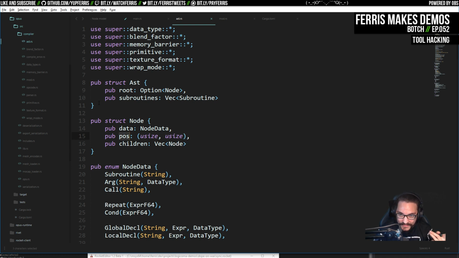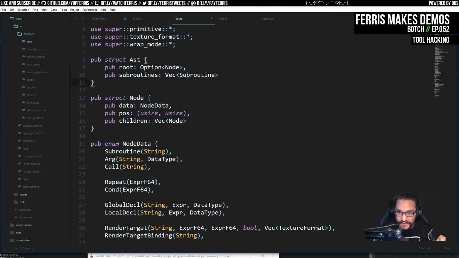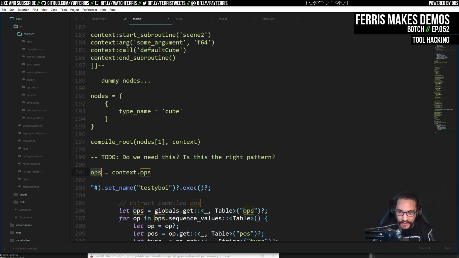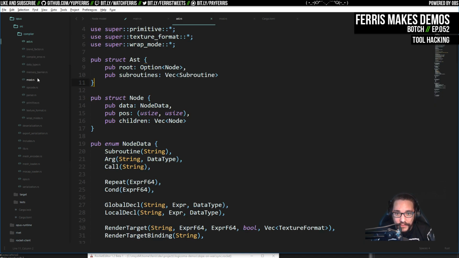So that's why I want to target this AST rather than the actual operators themselves, because if we generate some bad code here, it's not going to be that helpful that we get the error as a position that's way far off screen that we can't inspect anyway. But again, for the first MVP, it just kind of makes sense to do the simplest thing, which is to just plug into an additional set of nodes, because then the compile function here,